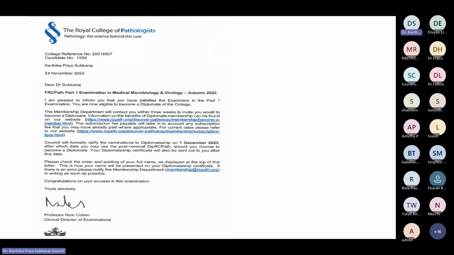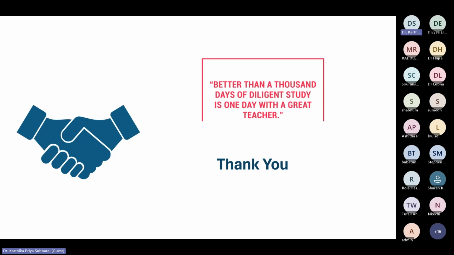So all the best. And finally, I cleared in September and I cleared well above the average score. So it was a clear, safe pass rather than a borderline fail. So if you go ahead with this plan, then definitely you all will clear. So all the best. And I had a good teacher, a great teacher with me.